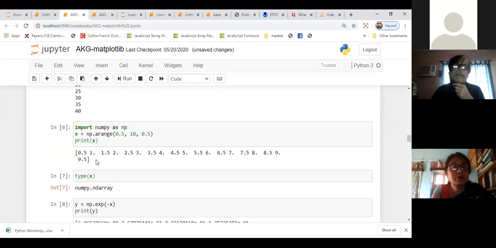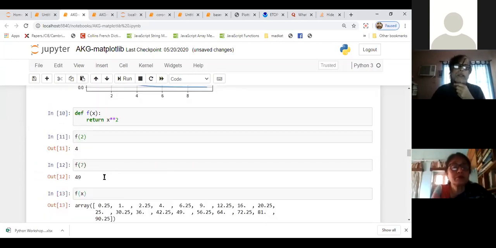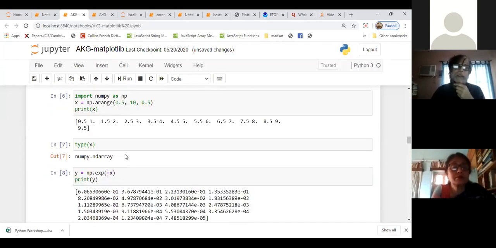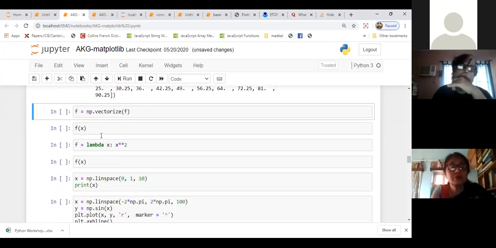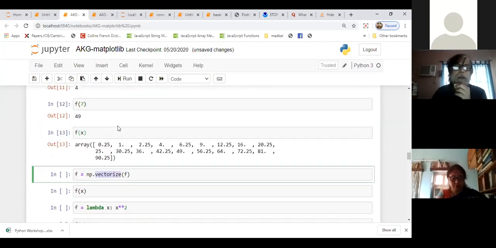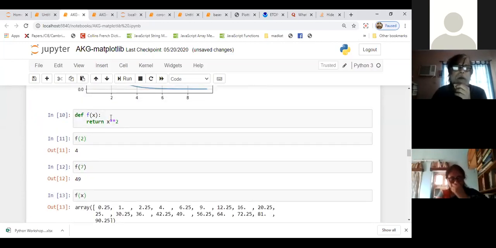Now since x is a NumPy array, I didn't have to vectorize this function. It is automatically vectorized. It worked. But if not, I sometimes have to vectorize it. The function is vectorize. So you have defined a particular function for your plot.